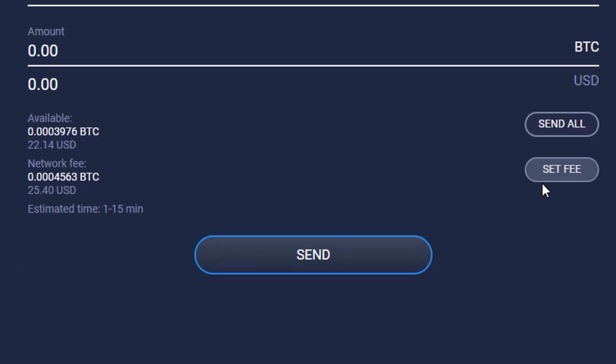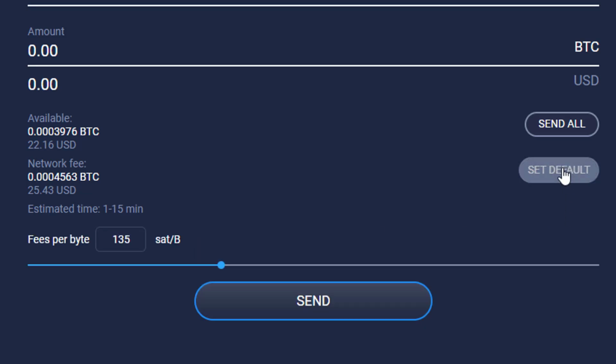But you come over here with Atomic Wallet, you can set the fee. What we want to do is stay in this 1 to 15-minute time frame. This is estimating how long it should take for us to send Bitcoin. We're going to be sending Bitcoin to changenow.io. So before I get the address and do any of that, I want to see how far down we can get this fee and still stay within this 1 to 15-minute time frame. So I'm going to click set fee.